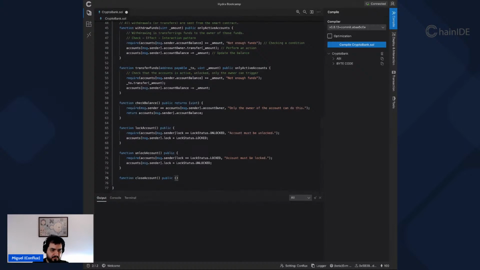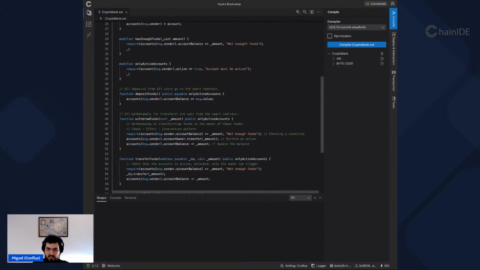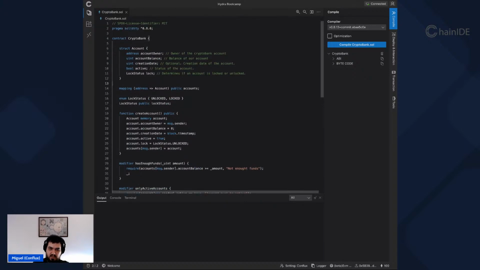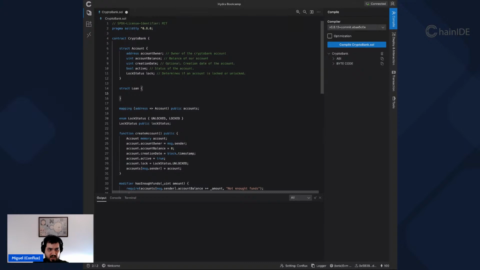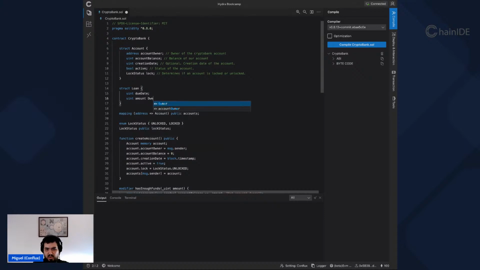Okay, so now let's do some borrowing and loaning. So I'm going to create another struct for a loan. And what I'm going to do is define a due date and the amount owed. This is going to be a very, very simple loan. Okay, so the essence of this loan is that